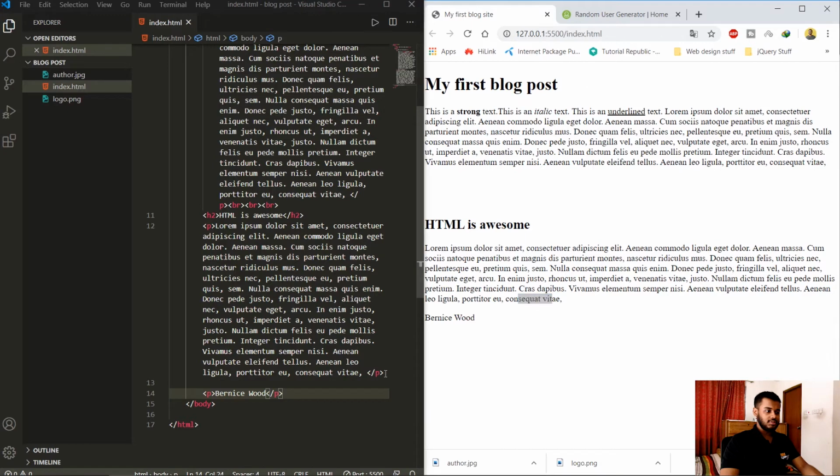So the way you do it is you add an image tag. Now what you're going to do is make a new attribute called source. This is the first time you're going to use an attribute, and here you're going to type in the name of the image that you're going to use, and as you can see, it's automatically showing all the images inside the folder. So if I want to put in the image of the author, simply use author.jpg,